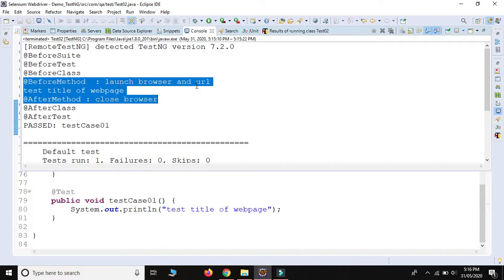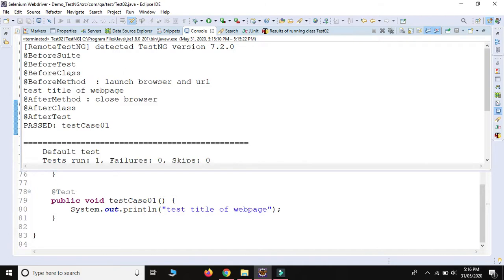Now after performing this activity, after the after method, it will execute after class.